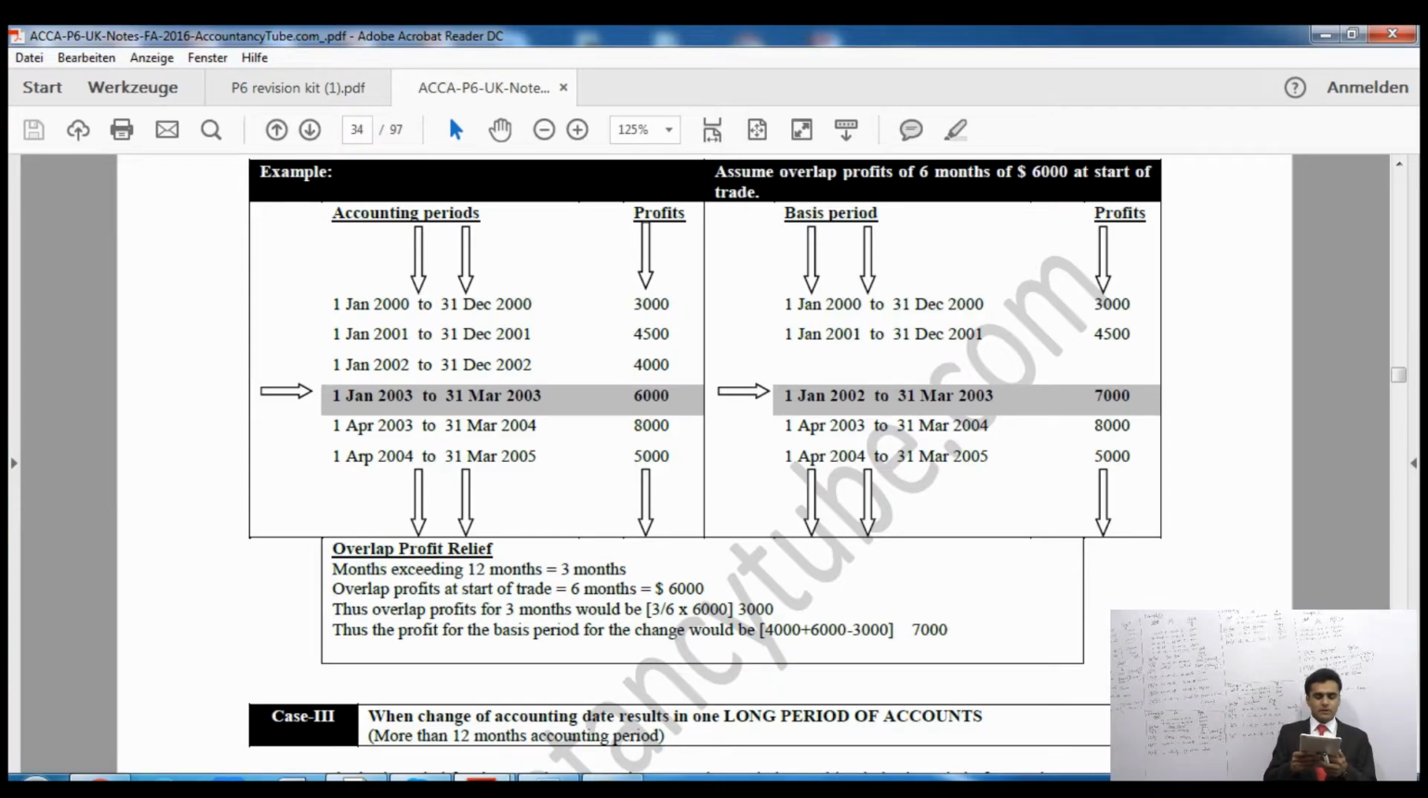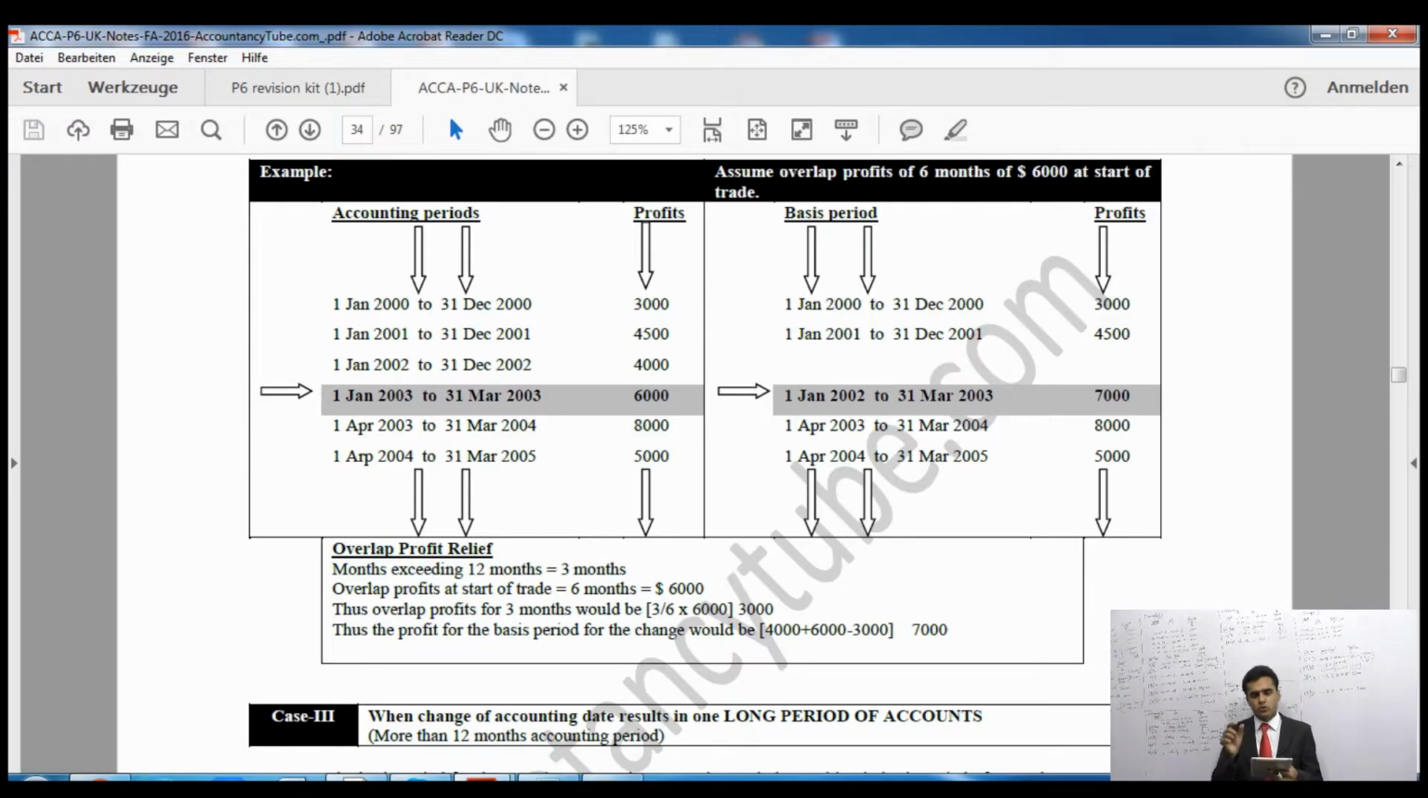Now if you look at this shaded area, the accounting date is ending on 31st of March 2003, right? It is ending on 31st of March 2003. So which tax year is it? It is tax year 2002-03. Now if you look at the previous accounting date, which is 31st of December 2002, which tax year is that one? That is also 2002-03. So he made a change in the accounting date, but